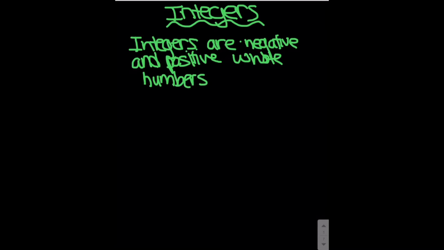So two things that were really important: negative, positive, and whole numbers. Whole numbers, meaning it cannot really be a decimal or a fraction, right? A whole number: 1, 2, 3, 0, 1, 2, 3, 4. And they're positive and they're negative. So positive and negative. So for instance, for a visual,